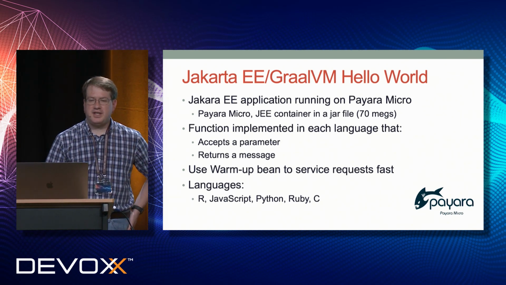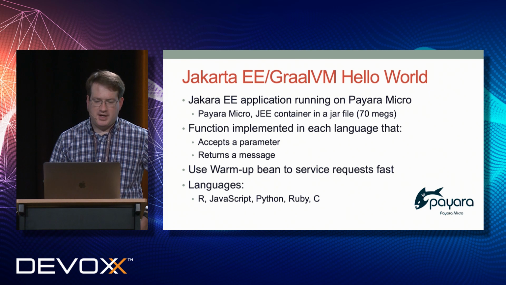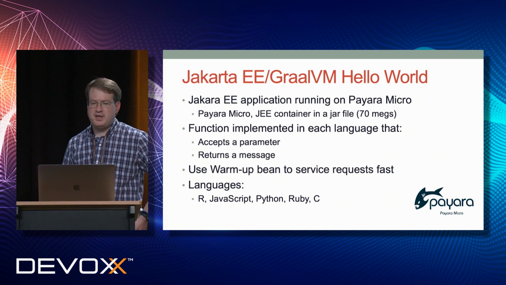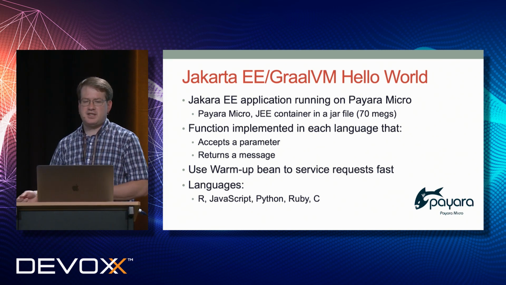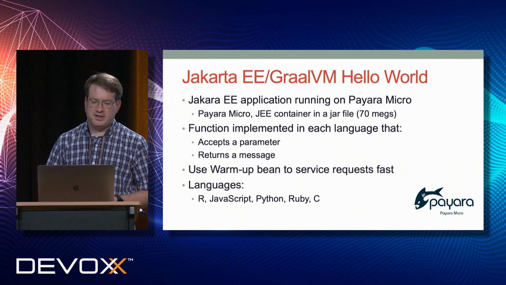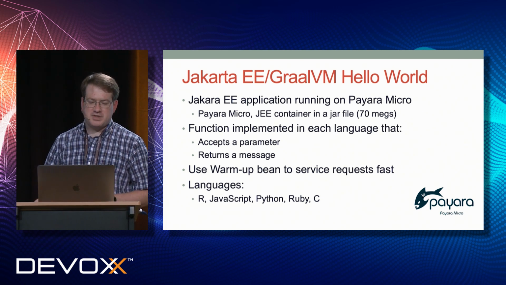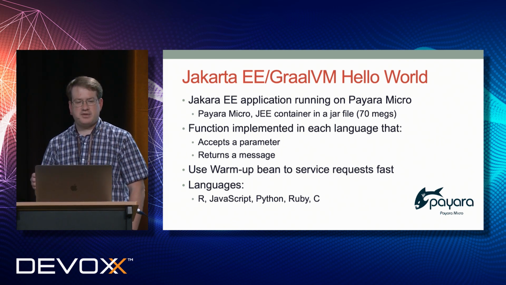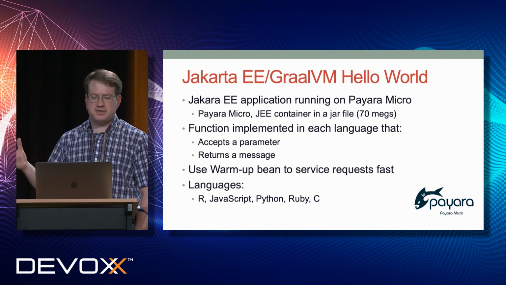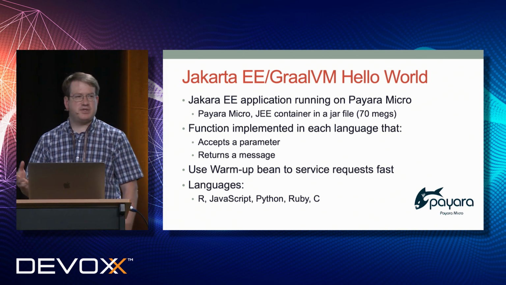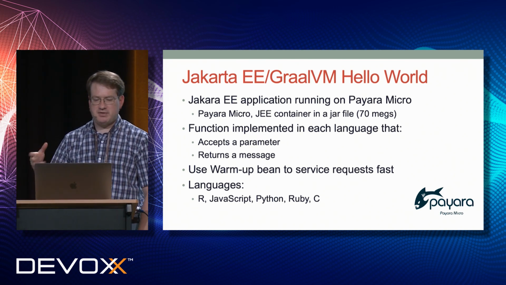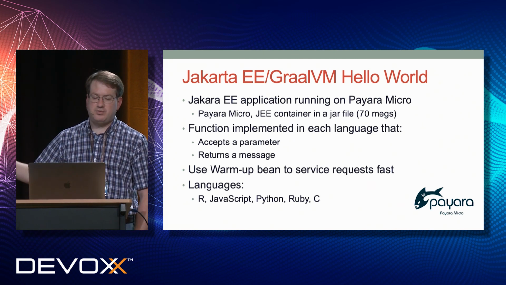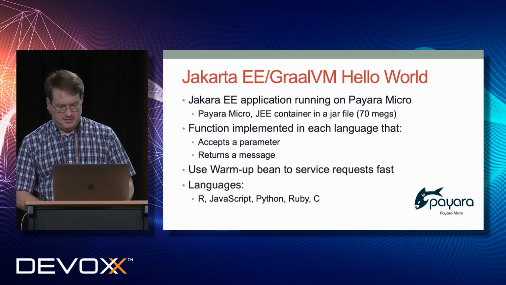So moving on to Jakarta EE and Graal Hello World. The demo application I'm going to show off is a Jakarta EE application running on Payara Micro. Payara Micro is basically a Java EE container. It's Glassfish in a single jar file. It's only 70 megs. I implemented functions in each one of the languages that accept a parameter and return a message. And it uses a warm-up bean, a startup singleton bean, to warm up the different languages so that everything's up and running, so when I go into the web page, everything is nice and fast. The languages that it supports are R, JavaScript, Python, Ruby, and C. So with that, let me hop over